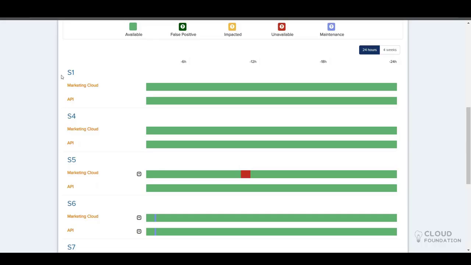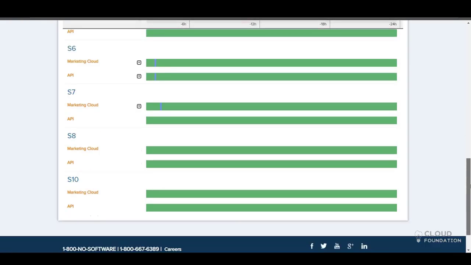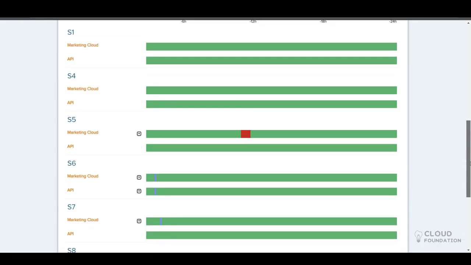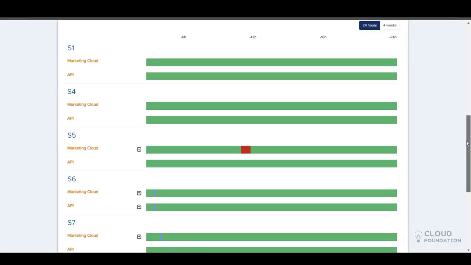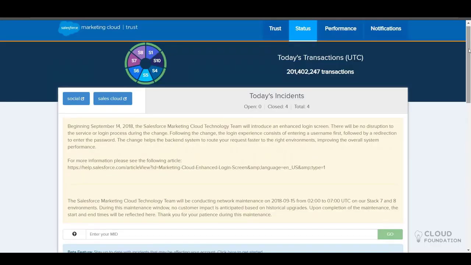Whenever you buy an account or license from Marketing Cloud, it will be hosted in one of the stacks. Currently all these stacks are hosted in the US itself. We have data centers in Indianapolis and San Francisco. All the stacks are hosted in the US.